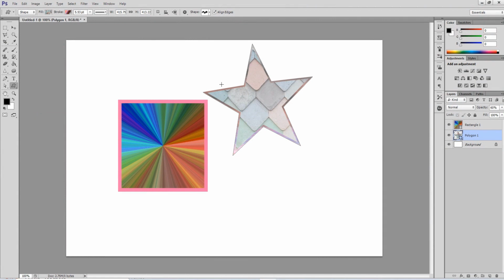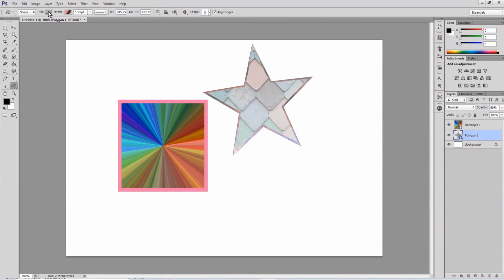Now, if I select the custom shape, I have to select the type of shape that I want to draw. On this shape option, you can click on the down arrow. You will find a few shapes are given. You can choose any one shape from here. Suppose I'm taking this grass.